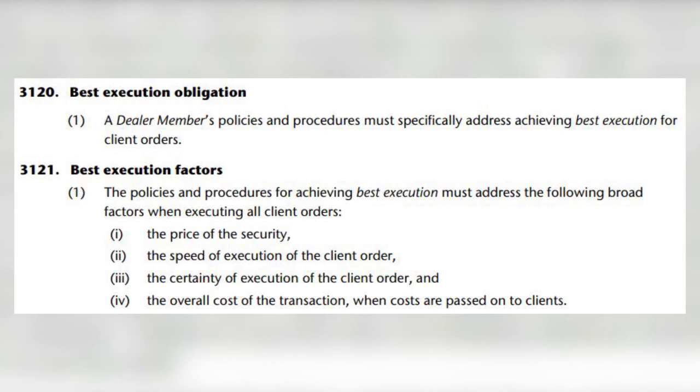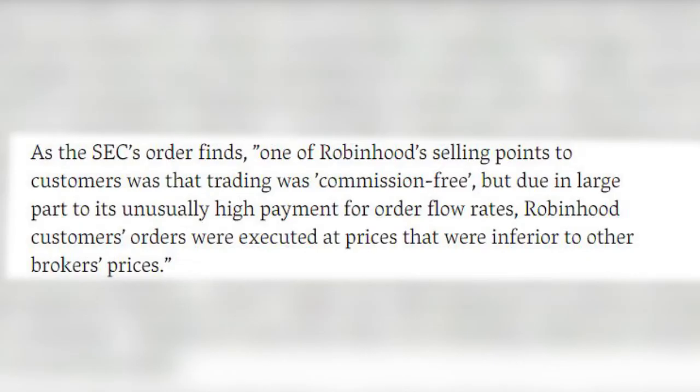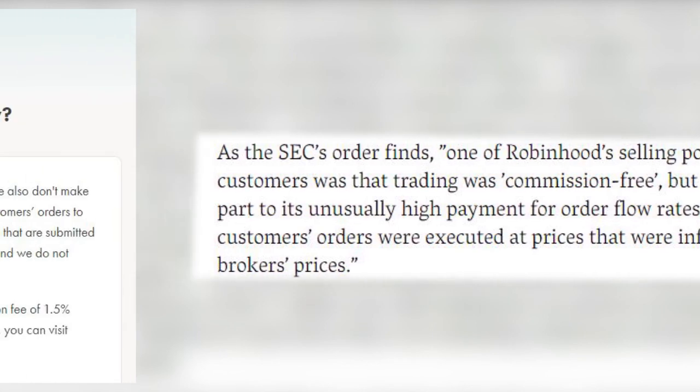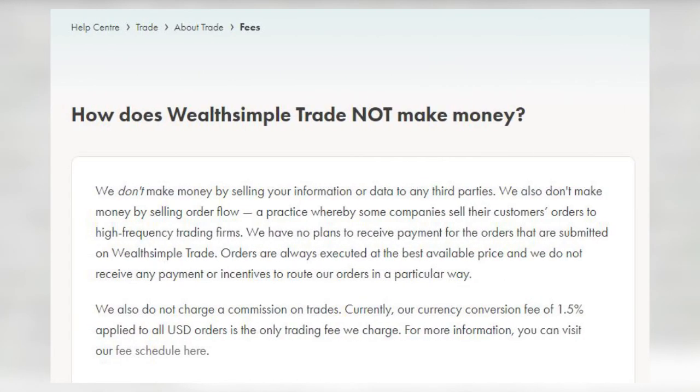Remember, Robinhood was fined by the SEC because even though it was charging $0 commissions, it was hiding the fact that the actual cost of its transactions for its customers was more than the other brokers. And the reason the cost was more was because it was getting customers worse prices through its execution policy of payment for order flow. As I mentioned earlier, Wealthsimple has stated that they don't get paid for order flow, which is good, but that's not conclusive in terms of the quality of their best execution policy. That's something that you need to research and investigate for every broker.